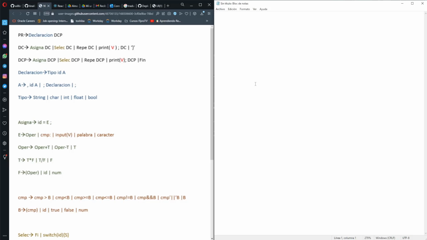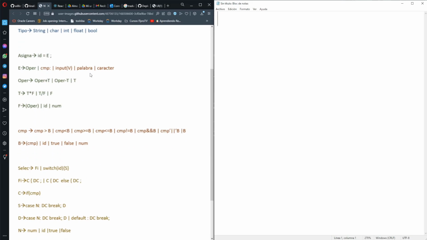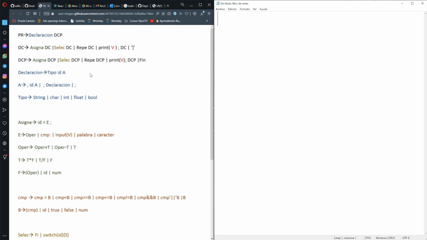Well, I'm gonna do a quick video just to explain how to use this grammar in order to make small things, like just get the area of the triangle or print some of the multiplication table. I don't know, is that right? I hope so. But anyways, so first, this grammar is mainly in Spanish, but just for the